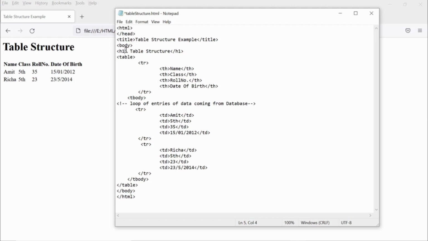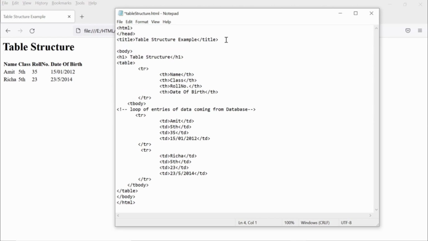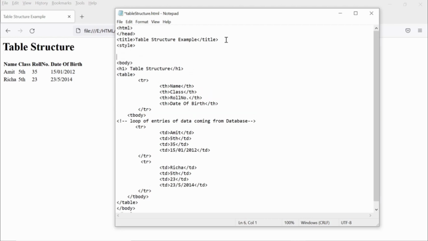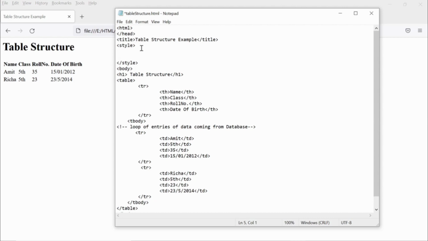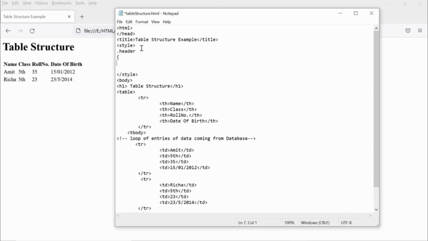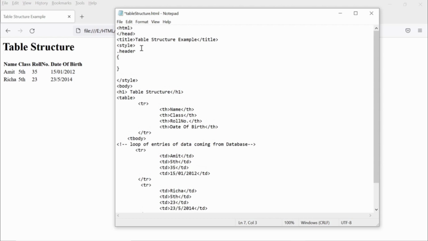For the header one first, or at the body we can define the whole page color. So for that we can have one more tag, style. Let me show you the example. Inside the style we are adding some header class. There will be a class which can be applied to some of the elements, where we write the class name and the particular CSS that we write will be applied on those HTML tags.